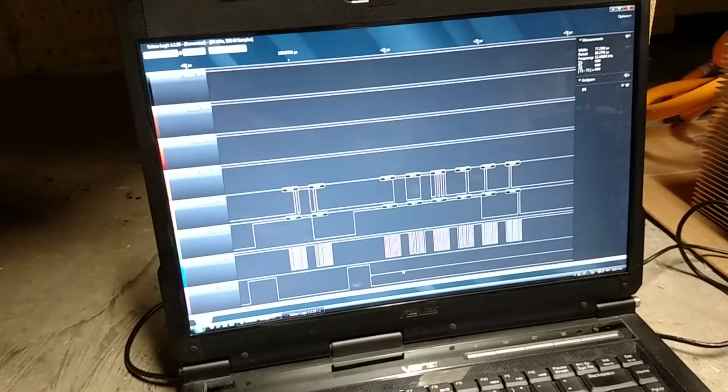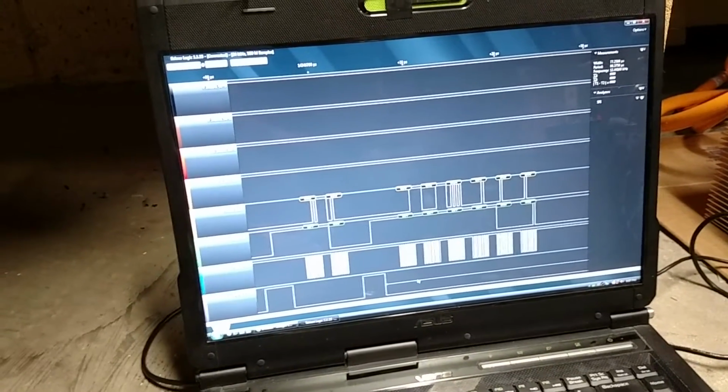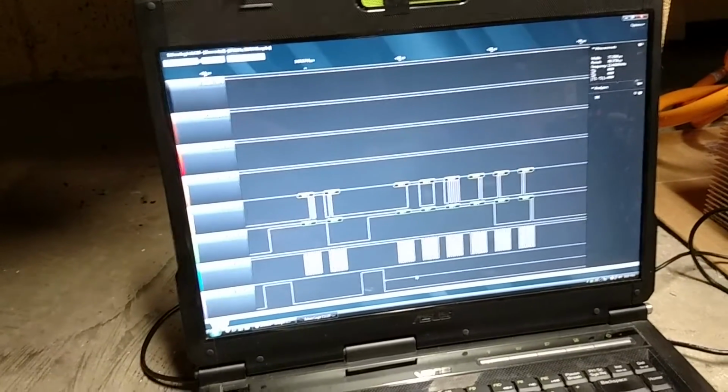So if there's an error, I would assume that they would correct it somehow. It does have a cyclic redundancy check, so they should be able to recover a few bit errors. But anyways,